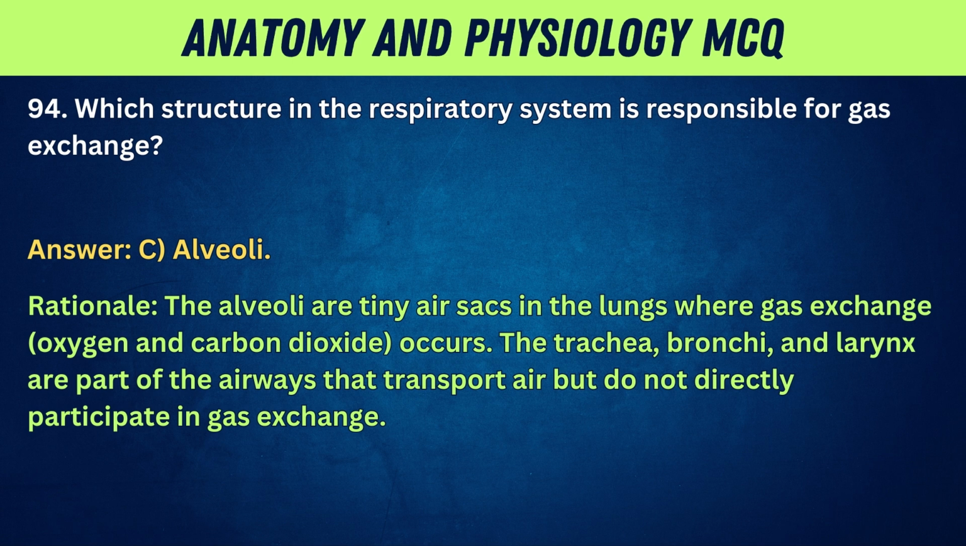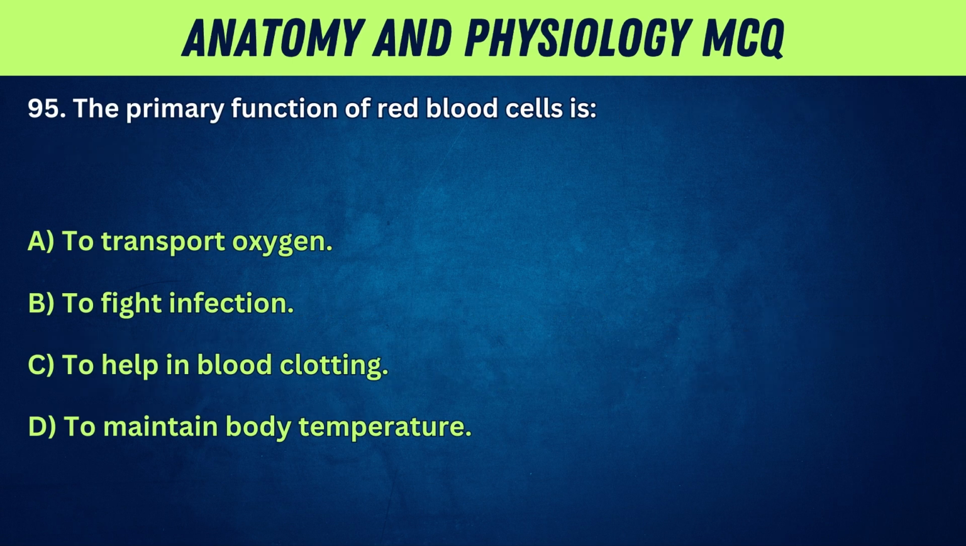Rationale: the alveoli are tiny air sacs in the lungs where gas exchange, oxygen and carbon dioxide, occurs. The trachea, bronchi, and larynx are part of the airways that transport air but do not directly participate in gas exchange. 95. The primary function of red blood cells is